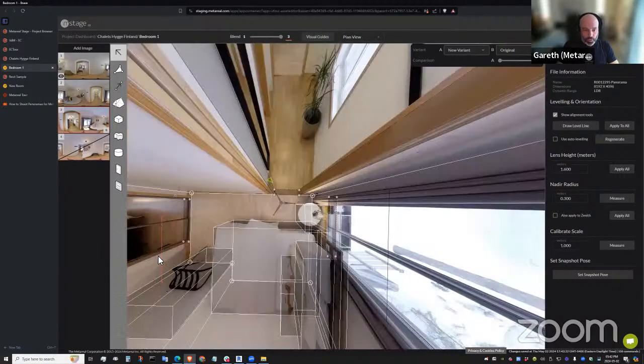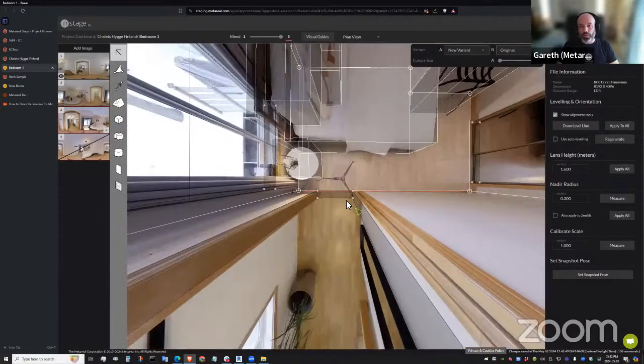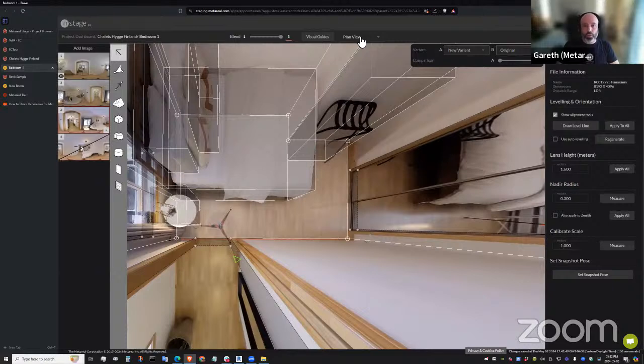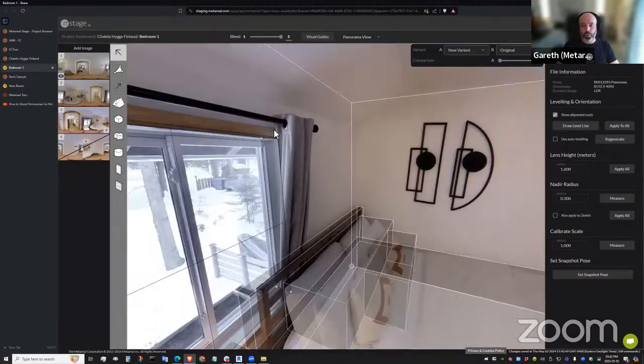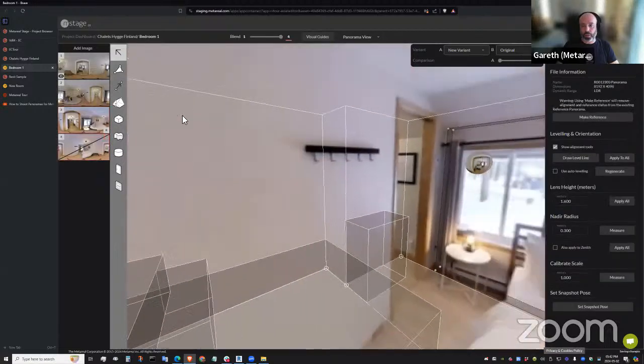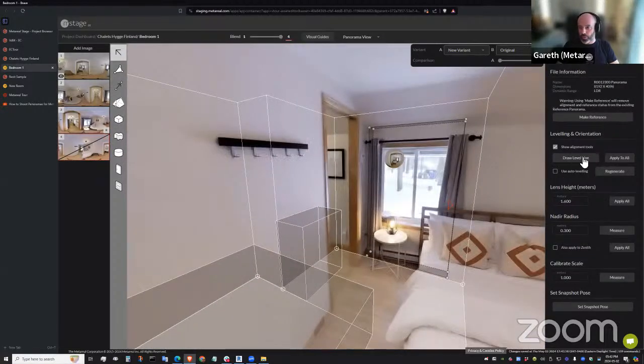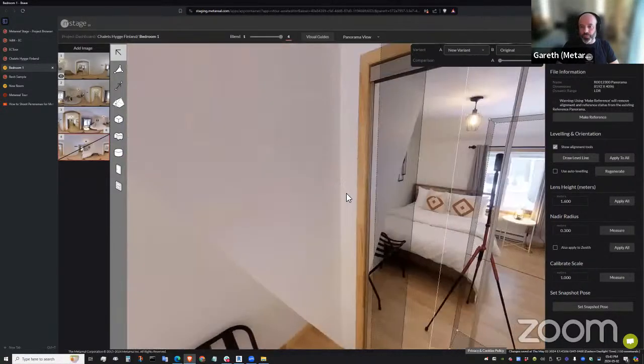actually just align this to my room properly. So we're going to go to here to get the panorama aligned with the world grid. So just like that. And that looks about right. So we go back to there, and now I've got my new panorama aligned with my room. I'm going to go to my other new panorama, level it, and line it up with the new reference.